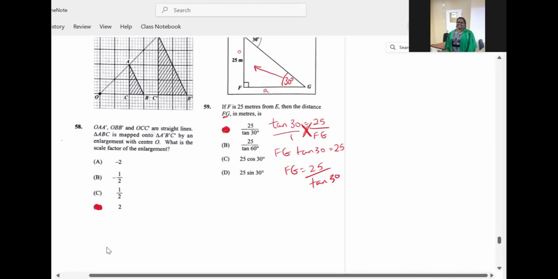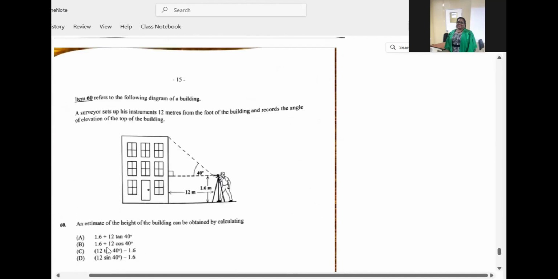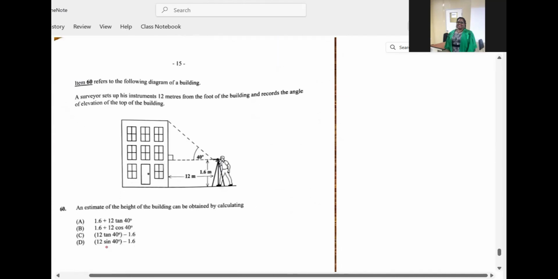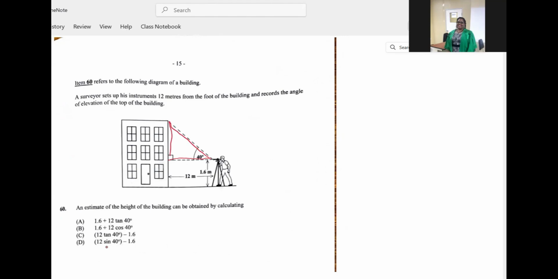The last one. Item 60 refers to the following diagram of a building. A surveyor sets up his instruments 12 meters from the foot of a building and records the angle of elevation at the top of the building. An estimate of the height of the building can be obtained by calculating, right? So what's the height of this building, right? Now the right angle triangle starts from here, right? So if you find the height of the triangle by using the 12 tan 40, because you realize, well, before we even do,